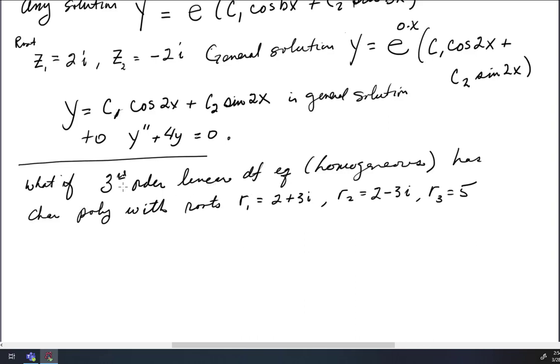What if it has characteristic polynomial? Now it's third order, so the characteristic polynomial will be of degree 3. If it has one complex root, then the conjugate will also be a complex root. So I have to have a pair of these. If I'm going to have one, I've got to have a pair. And then somewhere in the complex numbers, any third degree polynomial has 3 roots. And so suppose the other one was R3 just equal to 5. Then we could say a solution